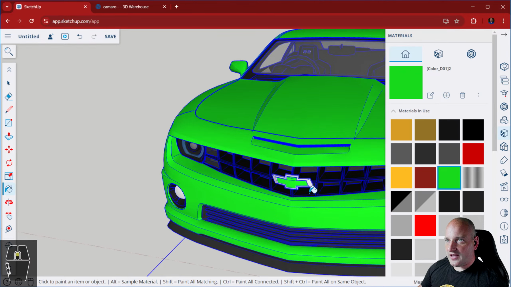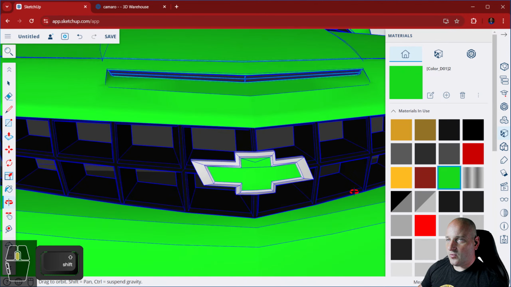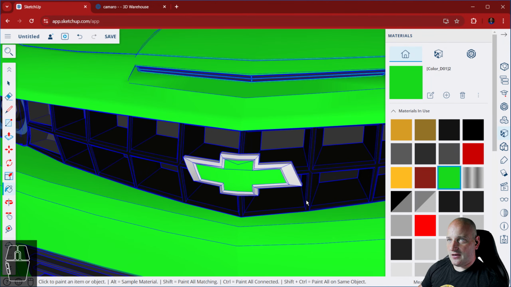Now I do see one thing that changed here. The Chevy emblem changed from when it was yellow to now being green, and that's not exactly accurate. So what I'm going to do here is double click, and when I'm clicking on this again, I'm seeing everything else highlighted. So I'm going to double click again,